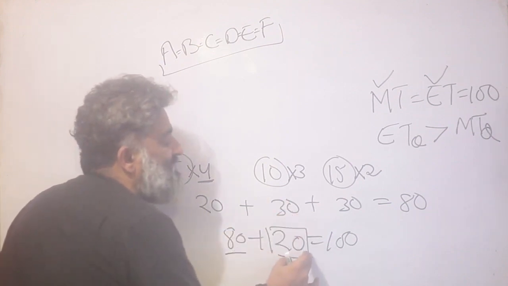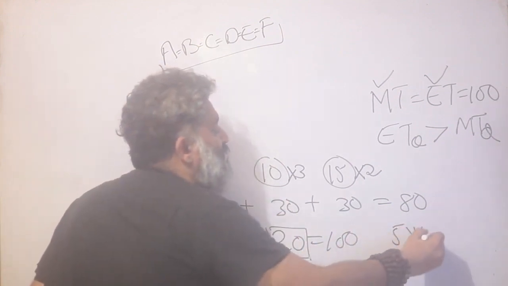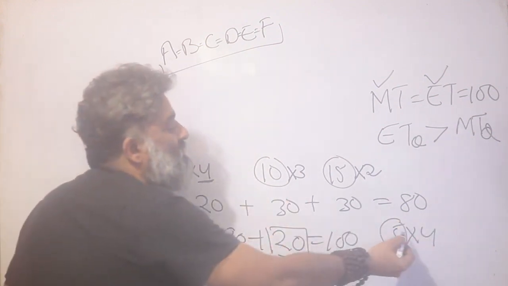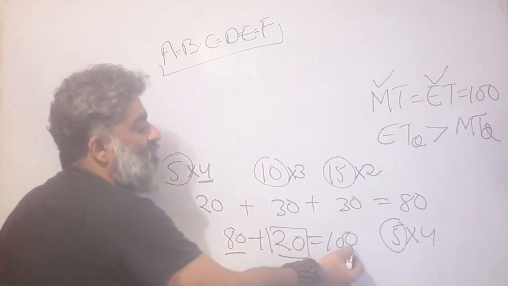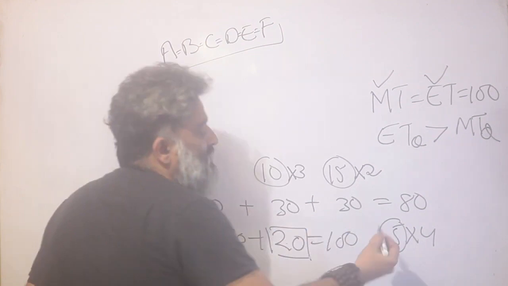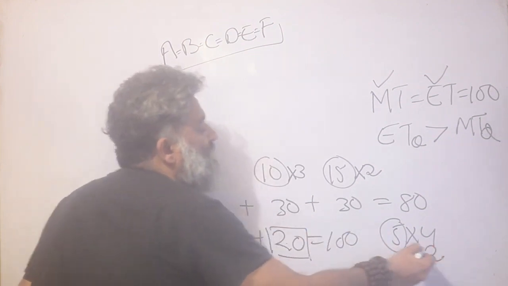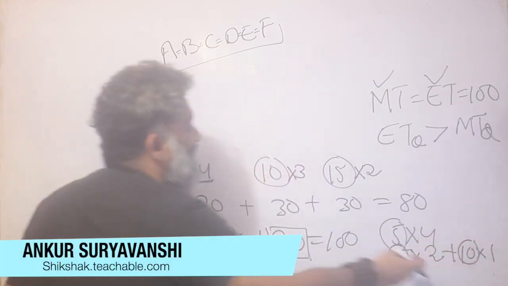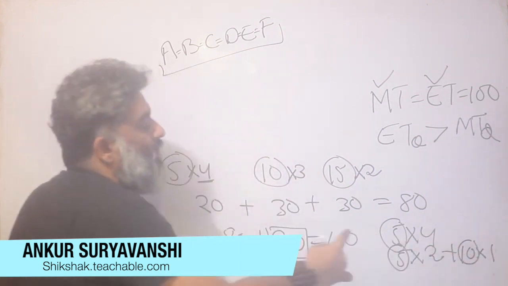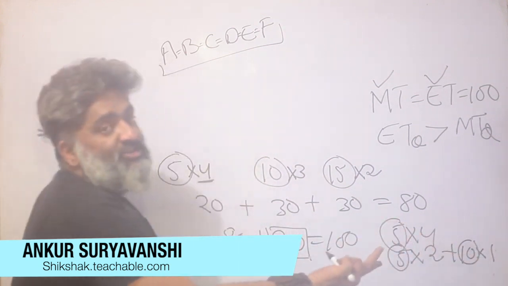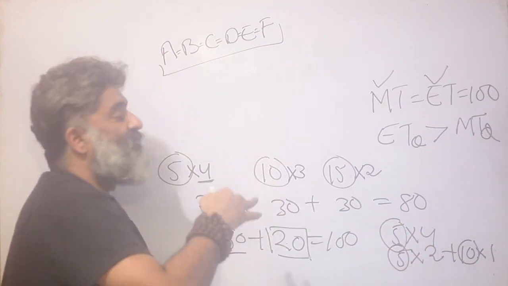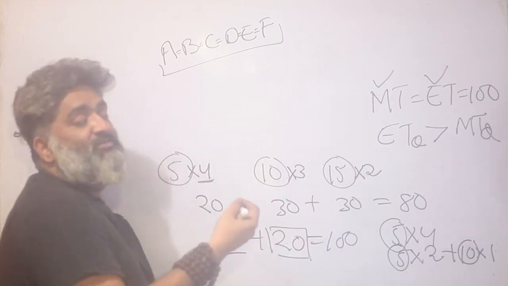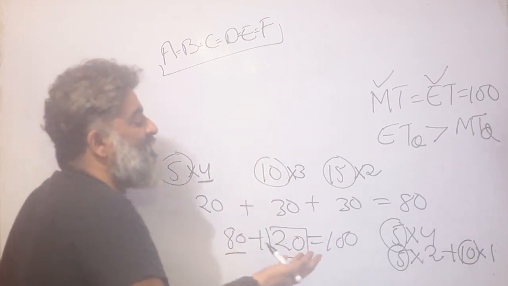So if I want to create this 20, I can create it by 5 into 4. That means I have 4 more questions. I already had 4. I have 4 more questions of 5 marks each. I will have 20 and I'll get to 100. Is there any other way of going about it? I can create 2 questions of 5 marks each and throw in 1 more question of 10 marks, and again I can create 20. This is 10 and this is 10. You might have noticed that I skipped 3 questions of 5 marks each, because I will have 15. I want to get to 20. Using 10 or 15, I cannot get to 20 anymore. So that possibility of having 3 questions for 5 marks each is already ruled out for me.